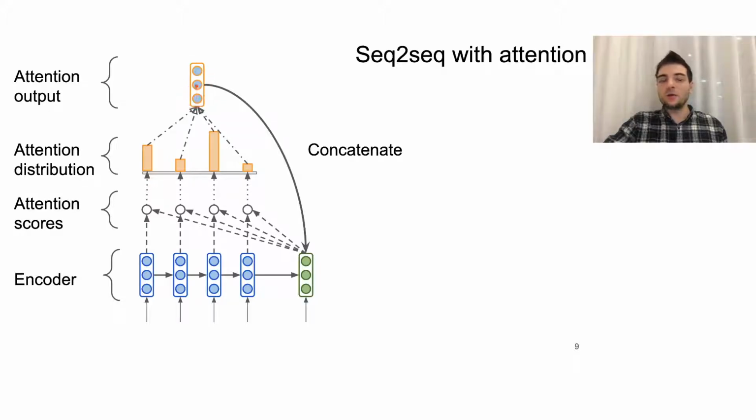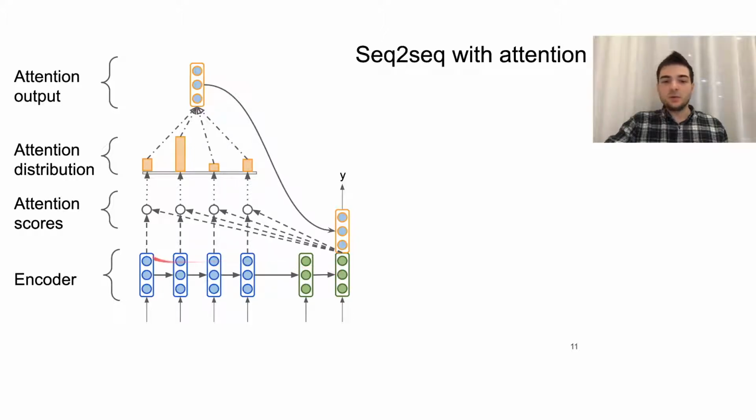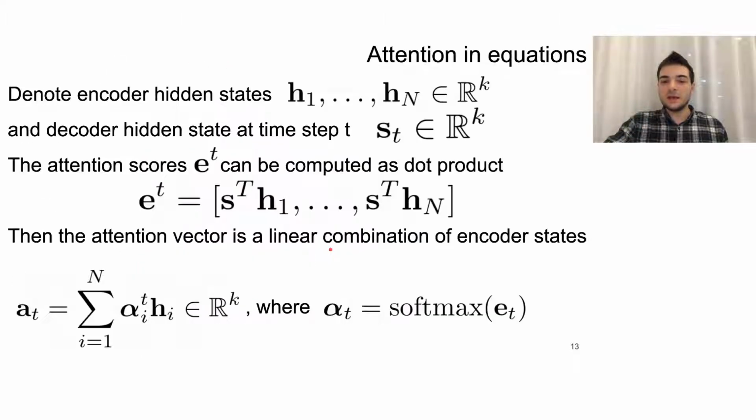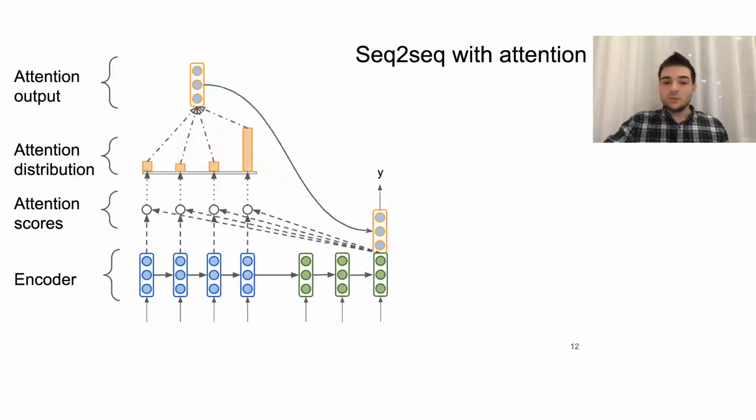So now here we have all the necessary information for this particular decoder state, concatenated here, to generate the next word. What do we do next? Put it here, get the next hidden state, compute new attention scores, because we now have a different decoder state. It has different scores, you see. We have a different attention output. We generate the next word and repeat again and again. So the main idea of attention is just to compute how important all the encoder states are for the current decoder state.